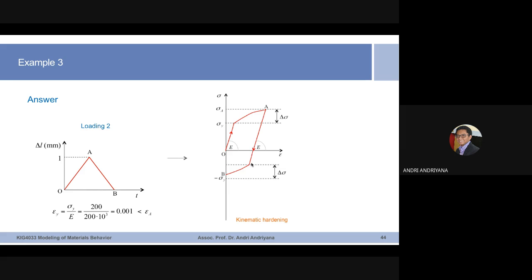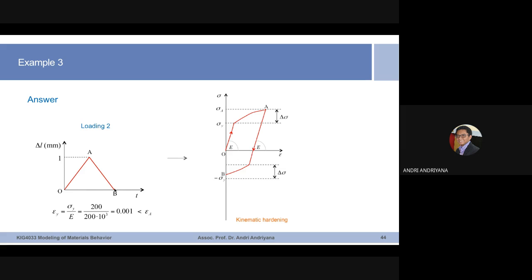The amount of yield strength in tensile increases by the amount of delta sigma. The yield strength in compressions reduces by the same amount delta sigma. That's what happened. In the second extreme case, it is called kinematic hardening. Okay, so if you look at and you get this kind of curve, then your metals undergo what is called kinematic hardening. Okay, so if we look at point B here, as you can see, the displacement is 0,